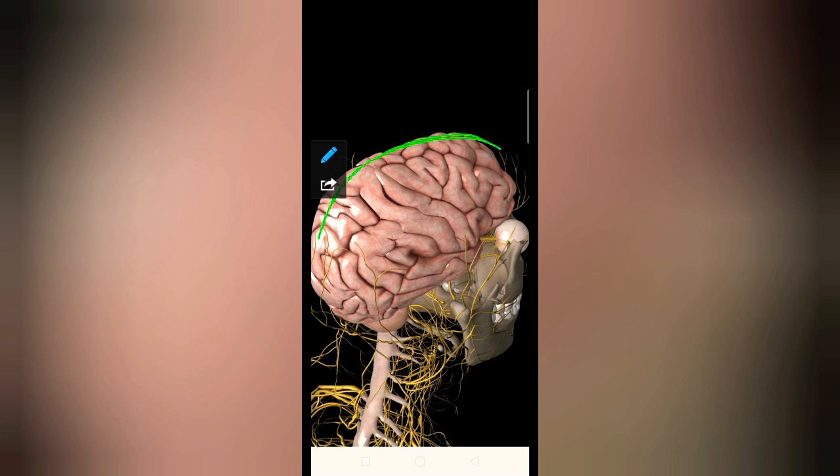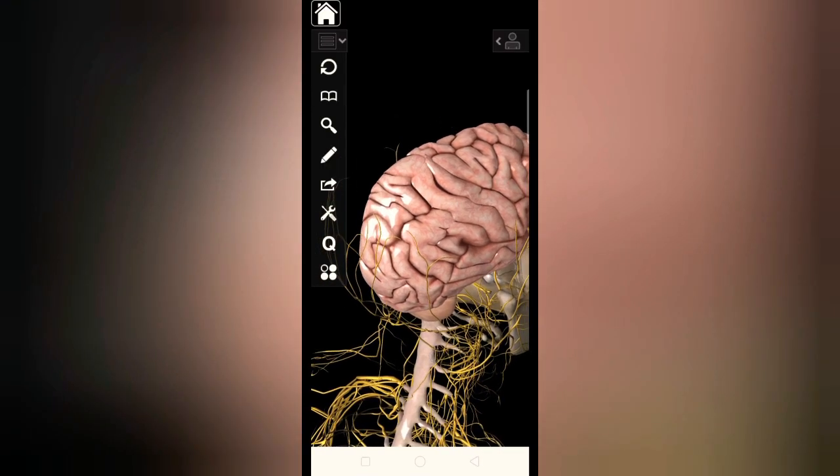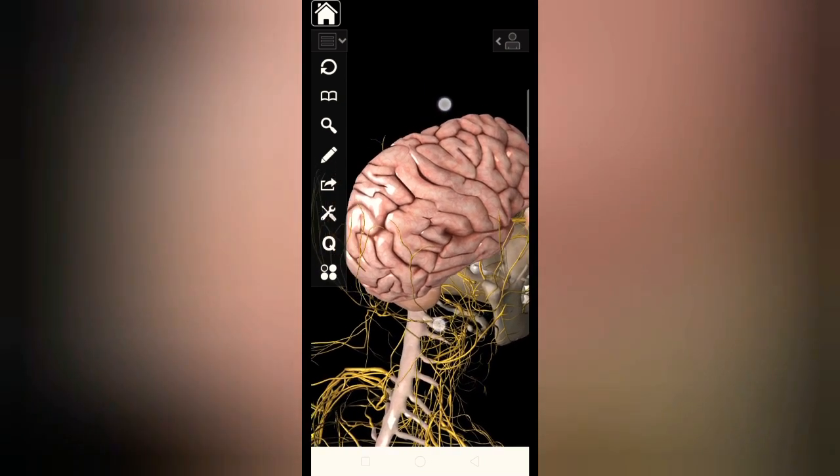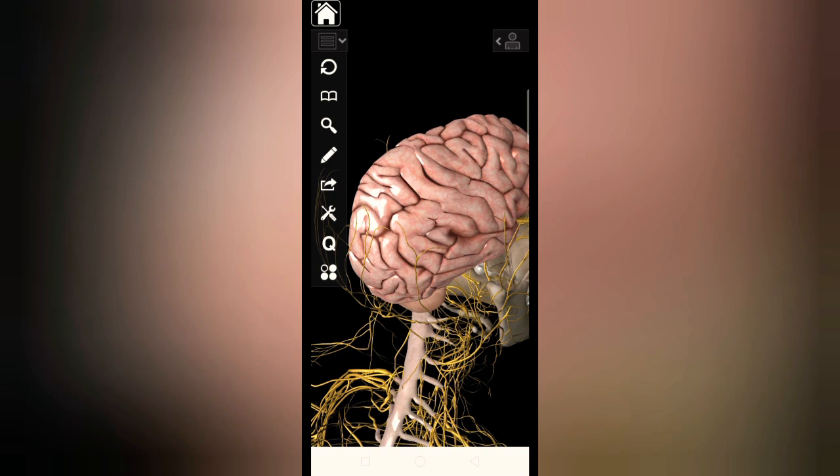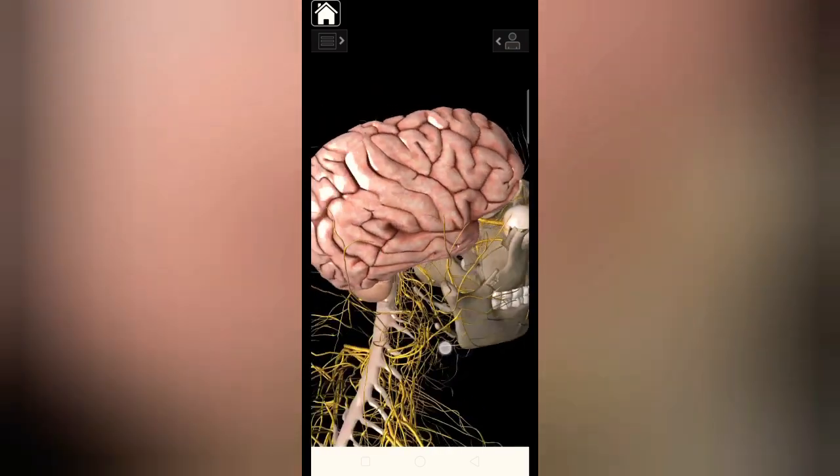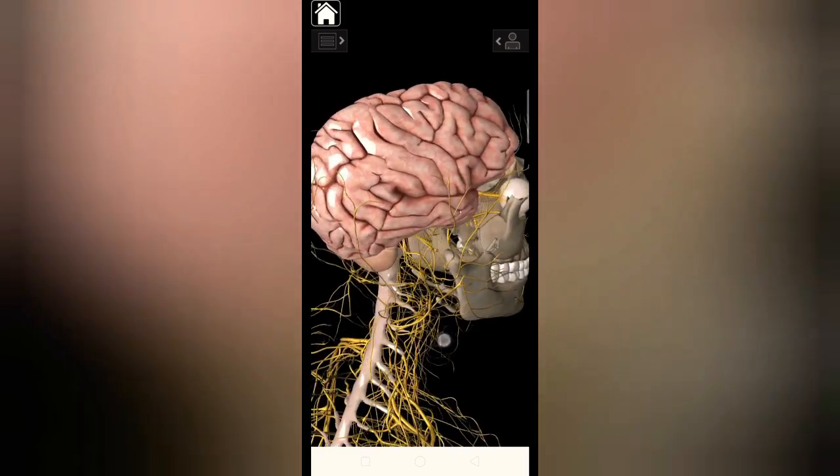Now there are many sulci which start from the superior medial border, like this one, this one, this one, this one, this one. So there are various. How do we identify which sulcus is the central sulcus? Actually, the central sulcus is complete. It arises from the superior medial border and ends at the lateral sulcus. So is there any sulcus which starts from the superior medial border and ends at the lateral sulcus here? If you can find it, I am giving you the time.